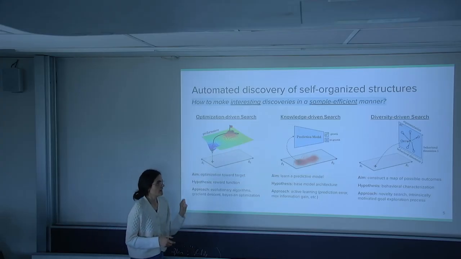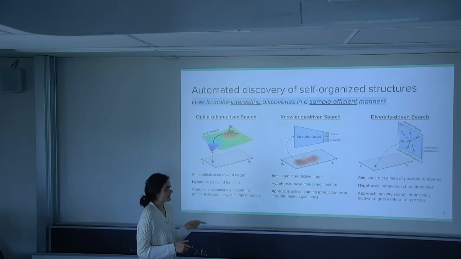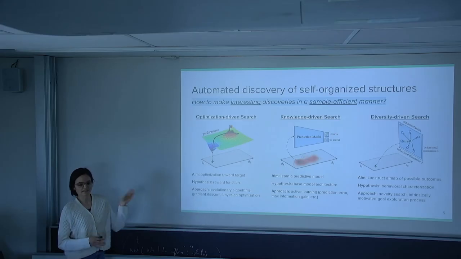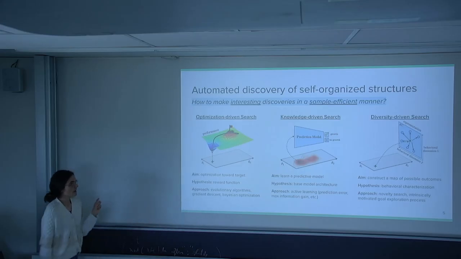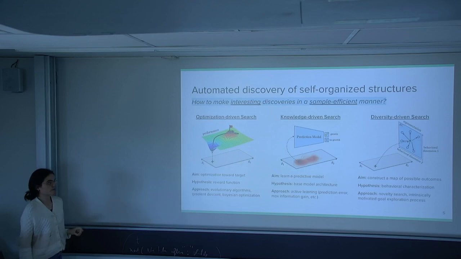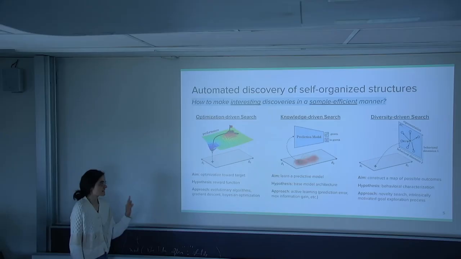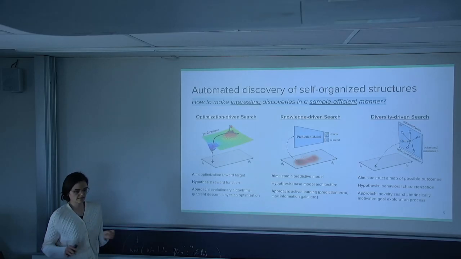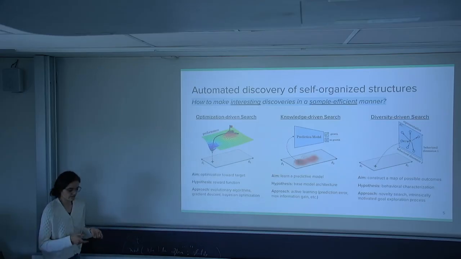And finally, you have the diversity-driven approaches, which are way less common, at least in the AI for science literature. But that's actually the kind of approaches that I worked on during my PhD. And so all of the work I'm going to present today is going to fall in this last category. It's less problem specific, so you don't try to achieve a specific objective, but rather you're using your experimental budget to find behaviors that are maximally representative of the discoveries that you can achieve.